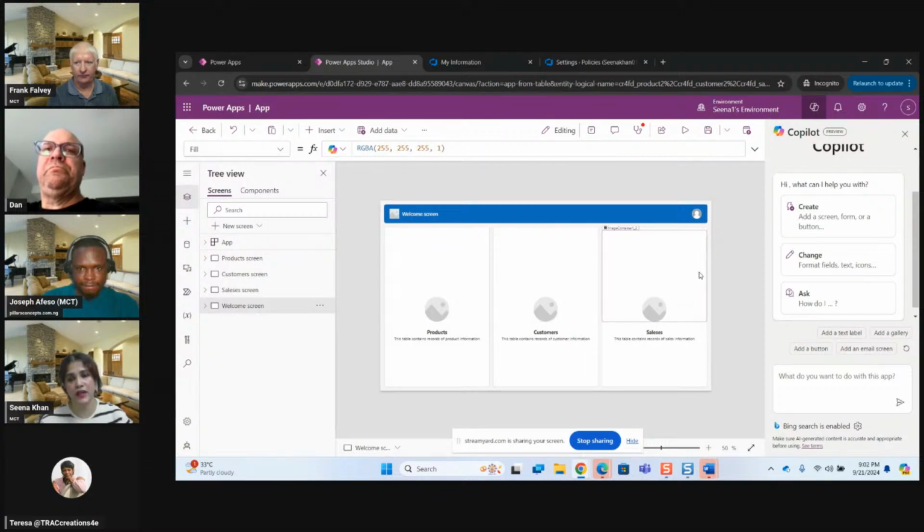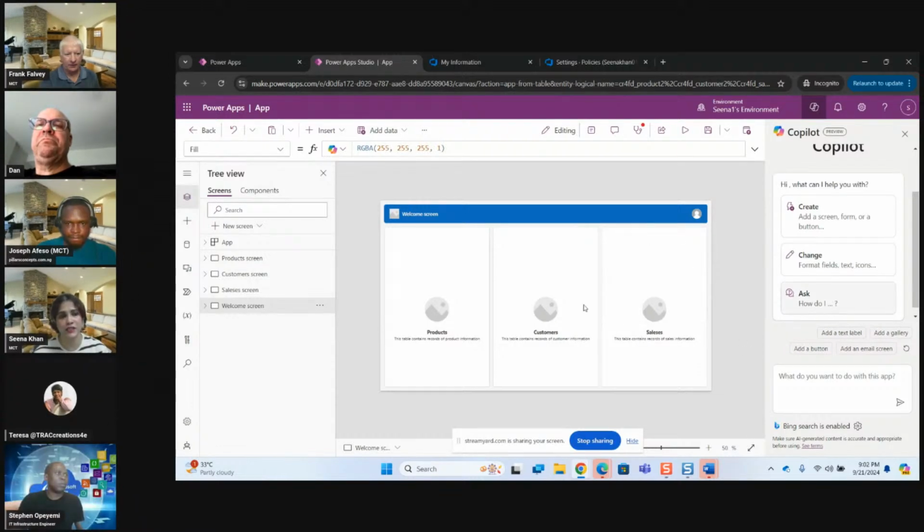I just typed sales, and based on that, it automatically created three tables: product, customers, and sales. Then I just clicked on save and close, and it will create an application,